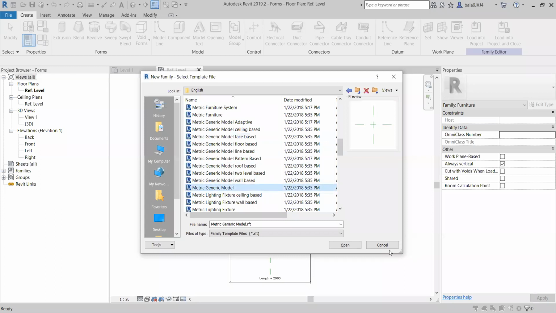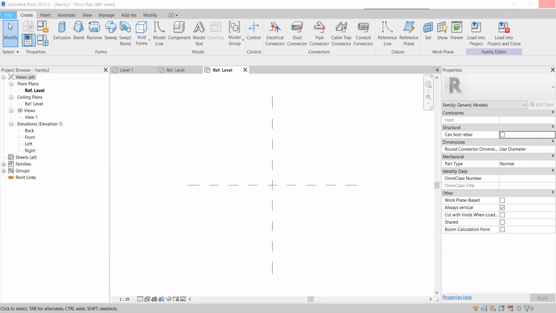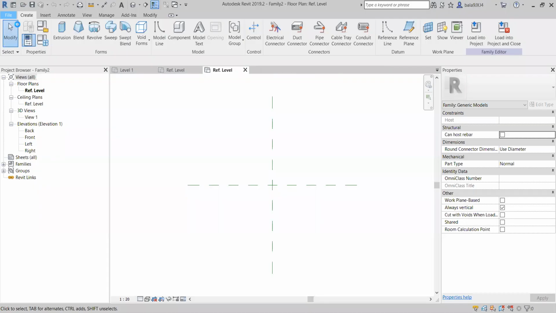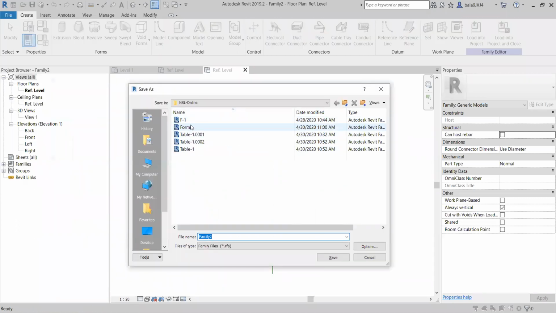Generic is nothing but a default. File. Save as family. Okay. That's a form.